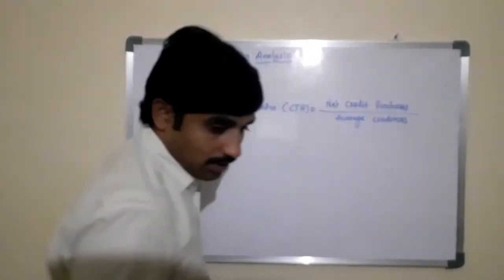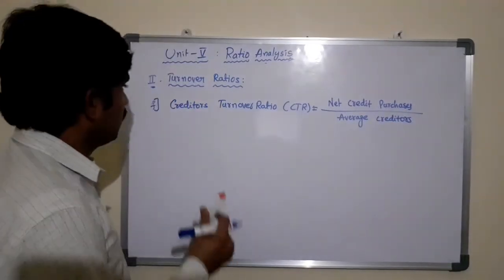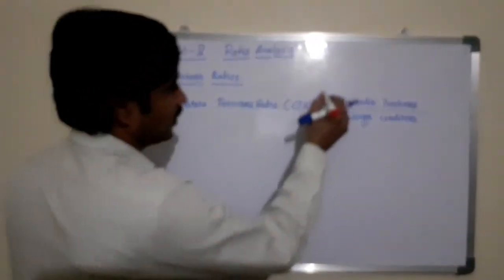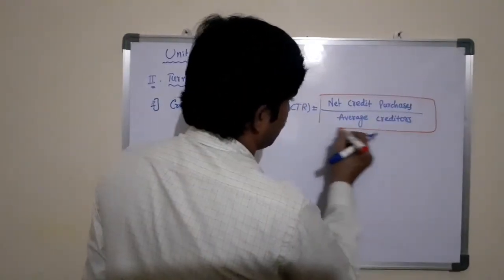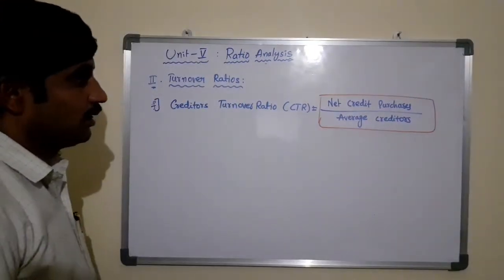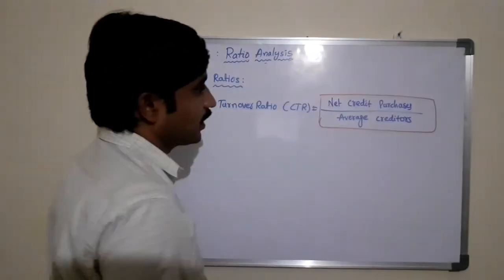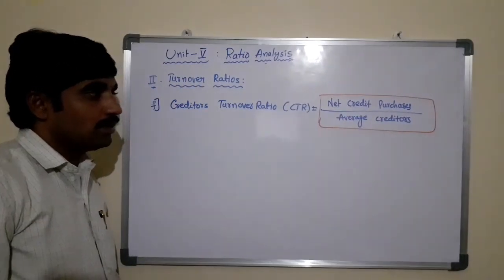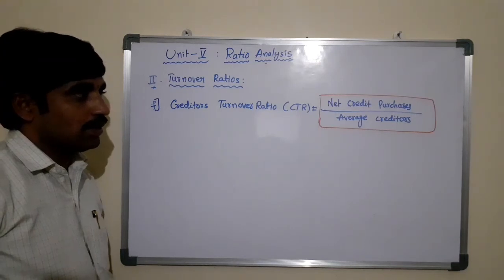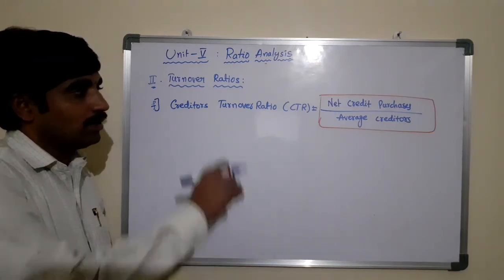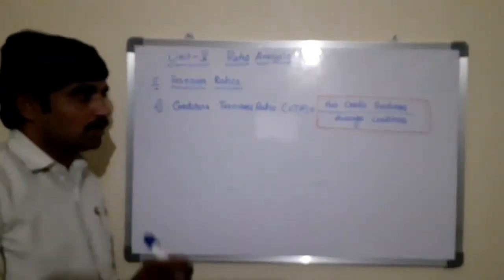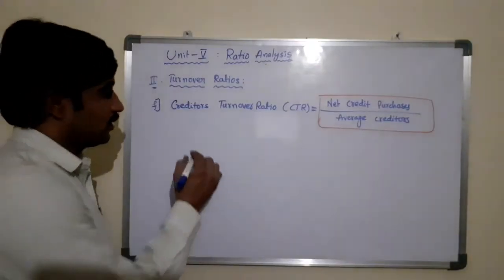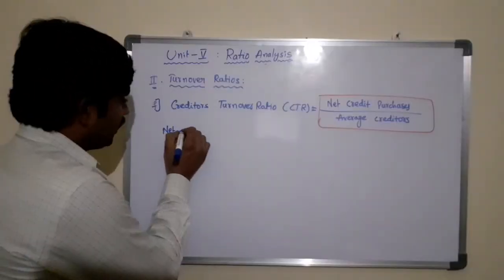This is the formula used to calculate the creditors turnover ratio, that is, net credit purchases by average creditors. The creditors turnover ratio is defined as the relationship between net credit purchases and the average creditors, where net credit purchases equal